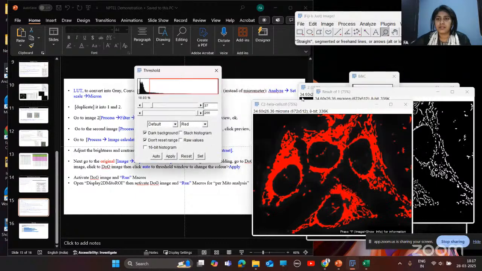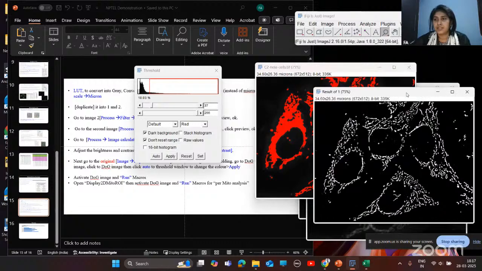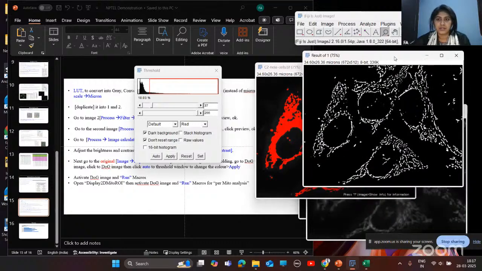Here you can see your original image is not that good for quantitative analysis. So we'll do this from this image. For this, we need to activate this image.